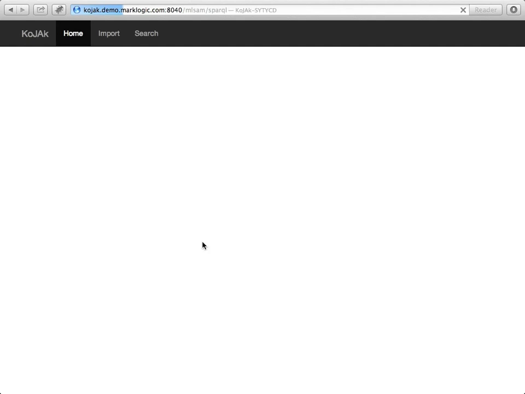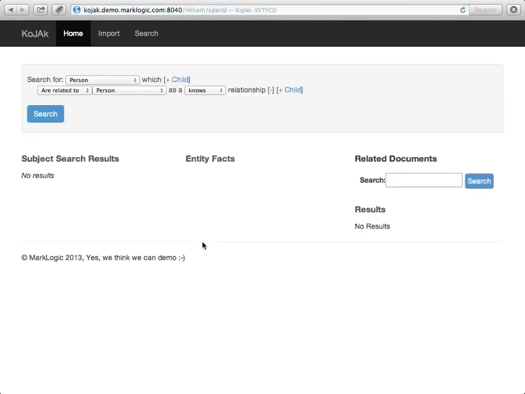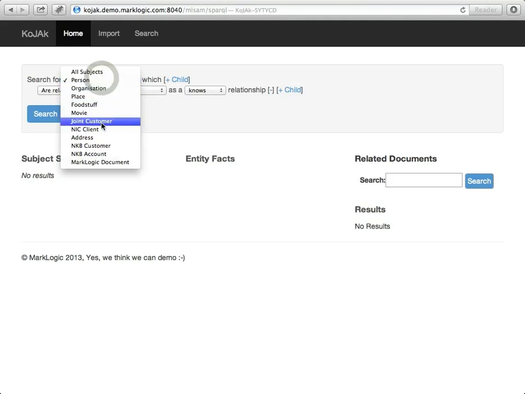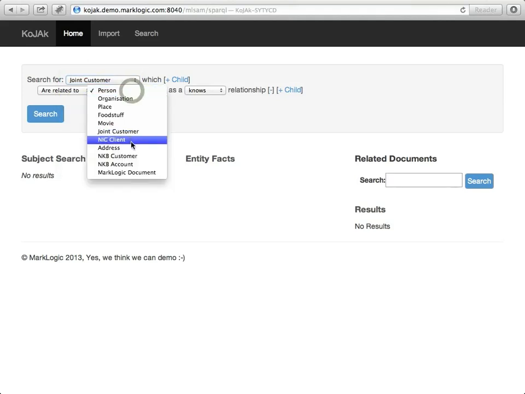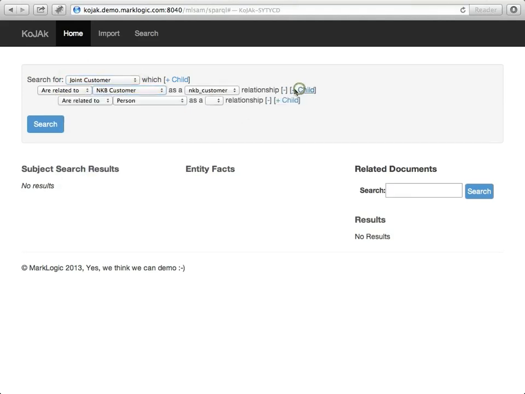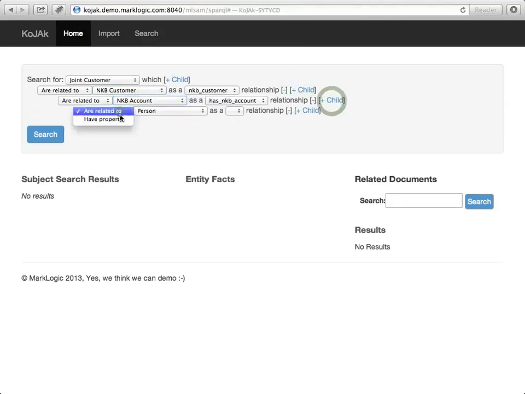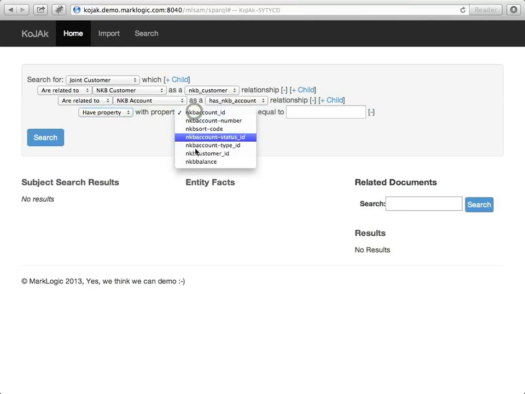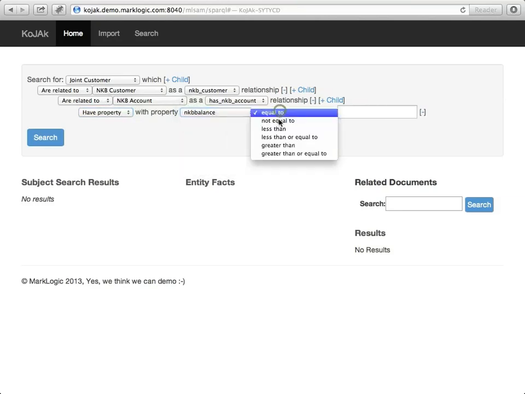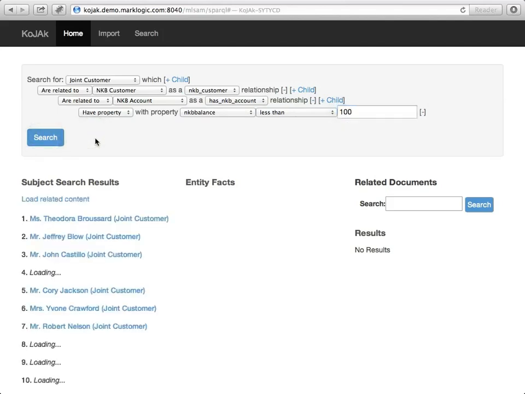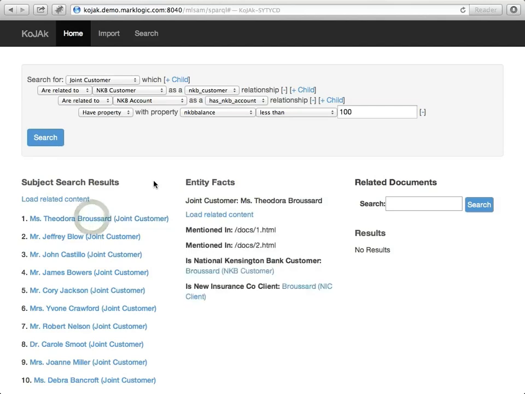Right, we're done. Let's just find joint customers. You see, Ken, from here we can search for all related information. What else did you need? I need to find dodgy customers, so those with Kensington National Bank balances less than £50 and with expensive claims, the most expensive insurance claims being those involving pedestrians. Oh, but wait, they're in documents, not a database. That's a totally different type of data. We're stuck again. Calm down, dear. We can totally do that.